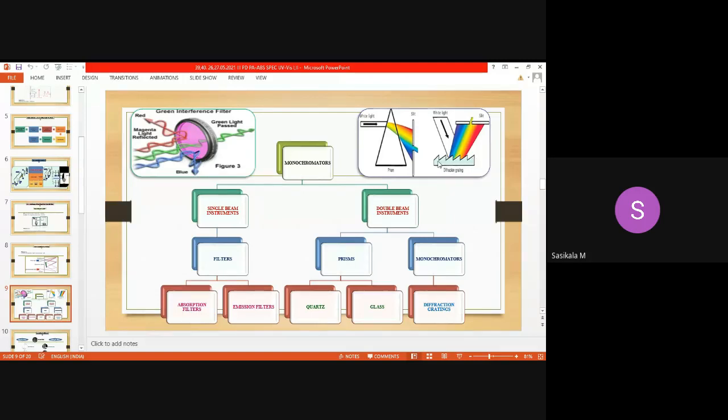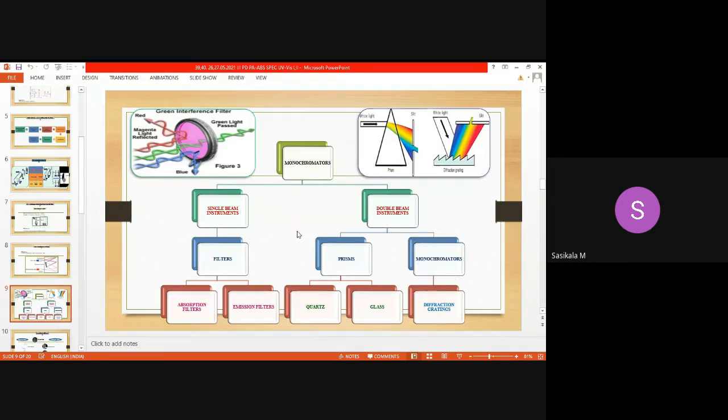So what is the monochromator used? Grating monochromator. Grating means ruling or rough surface. Like you will be making coconut pieces, right? Granules. That device used is called a grating. Likewise, some grating material will be there to convert polychromatic light to monochromatic light. So it follows the function of the diffraction principle.